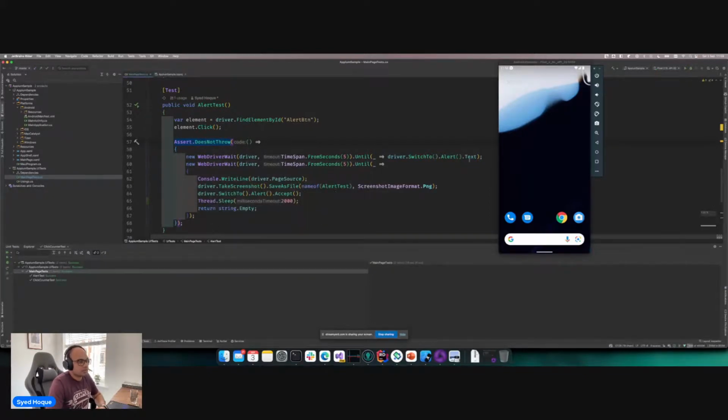So first one is, okay, let's see if we can actually see the alert. Obviously, you can compare it to something else and return out, but here I'm checking if we have the alert on the screen. If we have it, then we go ahead and take a screenshot of it, save it to a file, and dismiss the alert by clicking the accept method provided by the Appium driver, and we're returning an empty string just to satisfy the func, the until